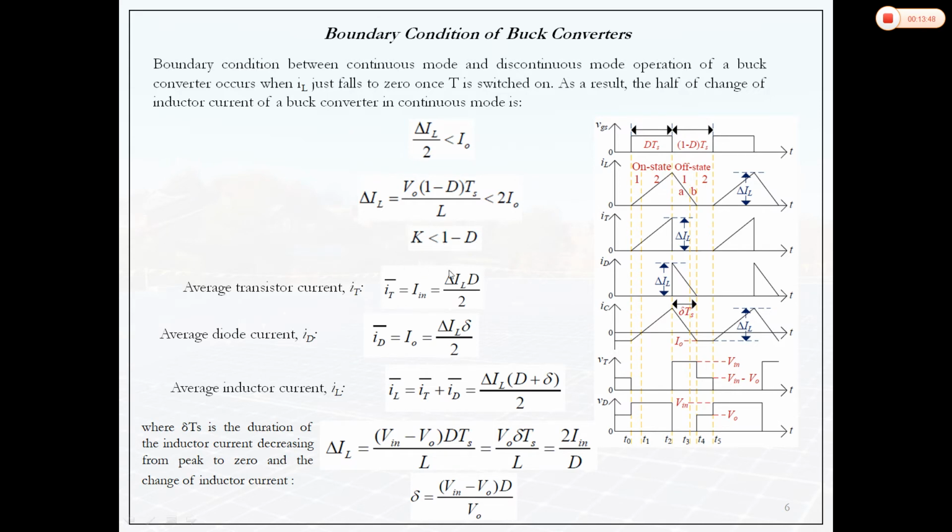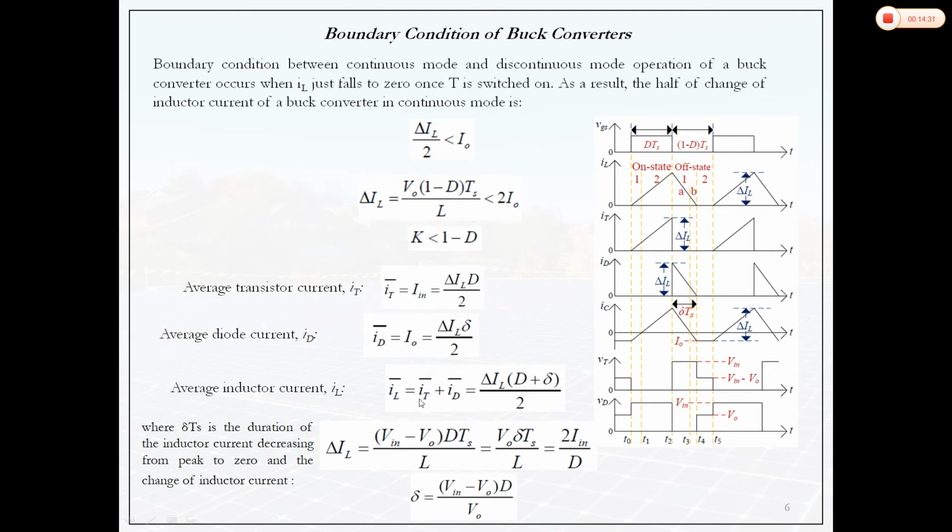Okay, so based on that condition, in every problem actually you have to check whether the converter is operating in continuous conduction mode or in discontinuous conduction mode. Okay, so here you can see average transistor current. If you want to find, already we calculated, that is I in D times delta IL upon 2. Similarly, we can find what will be the average diode current. So diode current is this one. So delta IL by 2 only for the time delta TS. Okay, so delta IL times delta TS upon 2 into TS. TS get cancelled, so we are getting average diode current to be like this.